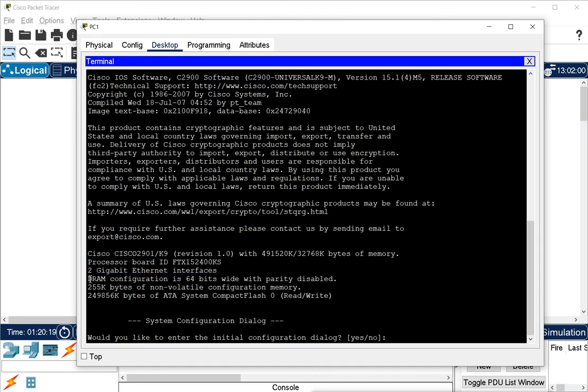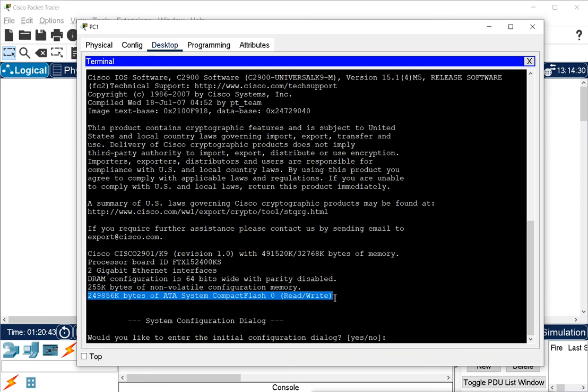DRAM configuration is 64 bits wide with parity disabled. Then 255 KB of non-volatile memory, that is NVRAM, and then this is the flash memory. It is 249856 KB, K bytes, and it is the system compact flash memory here.